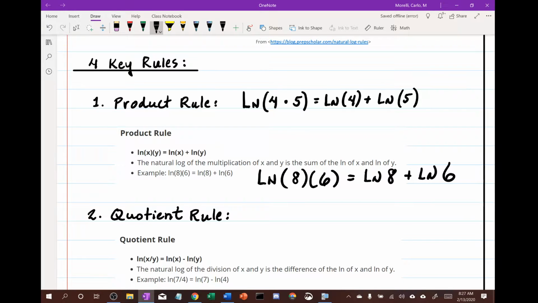Now, what is 4 times 5? So here's the good news. This also equals the ln of 20. And I think this, instead of showing you x's and y's, which always confused me, just showing you an example with numbers makes sense. And now we're going to prove it. Go to your calculators